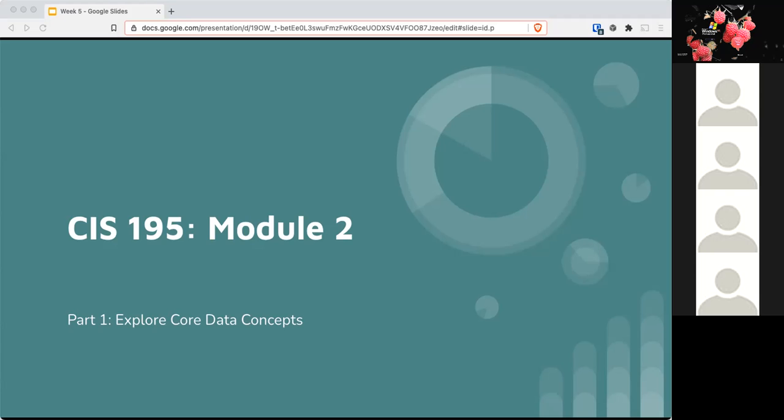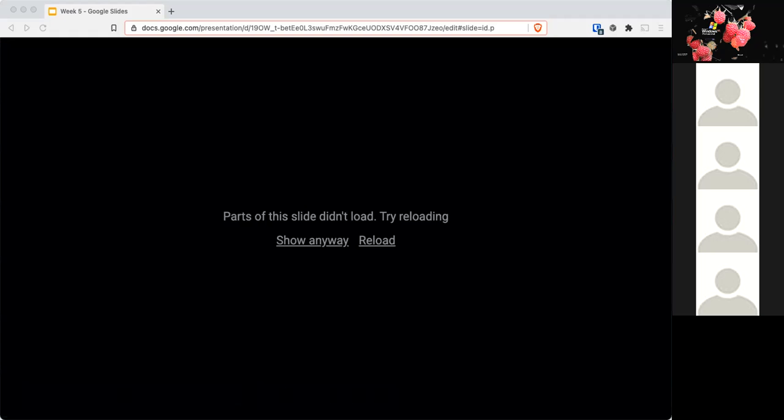So this first part in a series of 1, 2, 3, 4, 5 is explore core data concepts. That's new. Doesn't want to load. All right, let me reopen that slide there. Since when does Google not load its own slide deck? Anywho, while that loads,